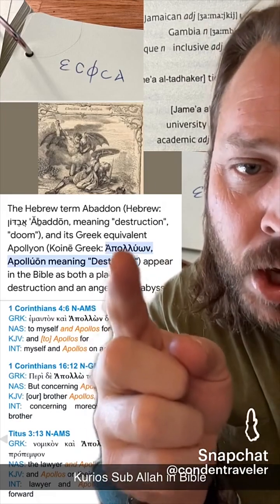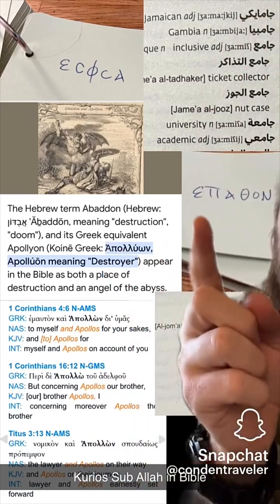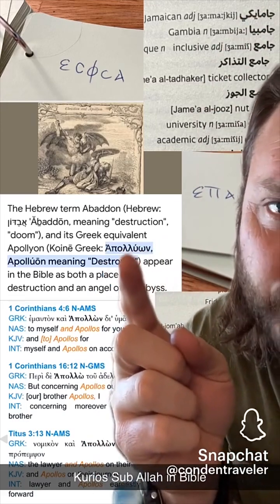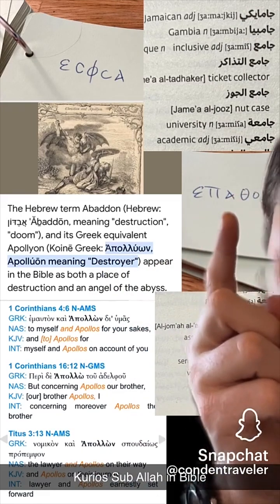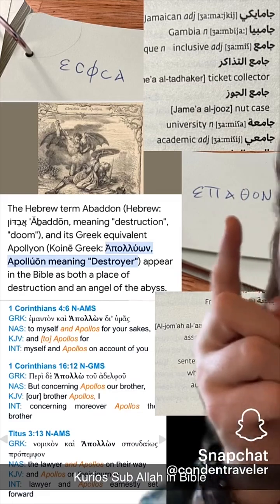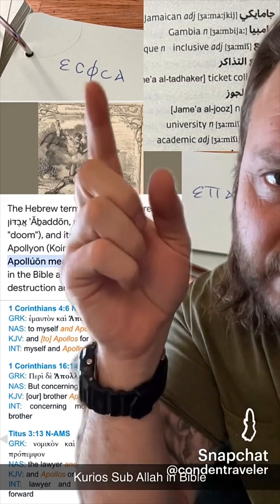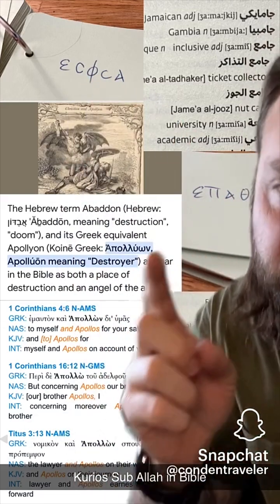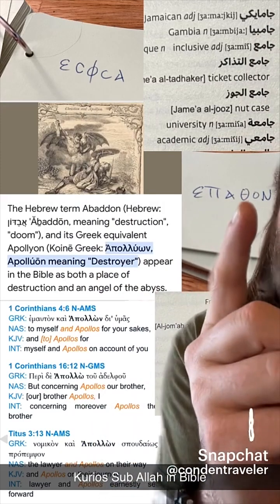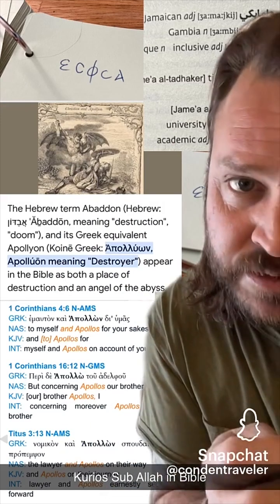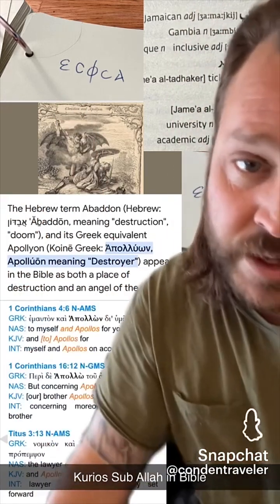So this would be Apollon. Because you are stopping once you hit the double L, because that's the equivalent of this theta, because this is Apollon. Esafasa. So sometimes this can be a short vowel, but this can also have a lot of different types of sounds to it. And the letters are allowed to sound similar, but I do think that just seeing that word is pretty good evidence for